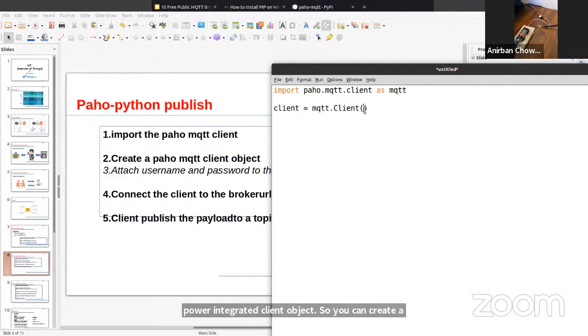You can also write a client_id as a unique name. If you don't do this, the broker will give a client ID itself. I'm giving it so that we can trace it back. After this, we'll do a client.connect,